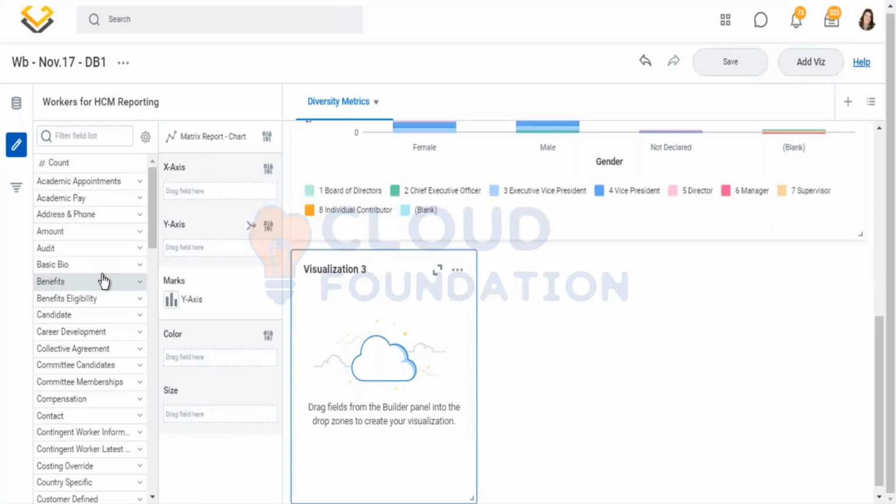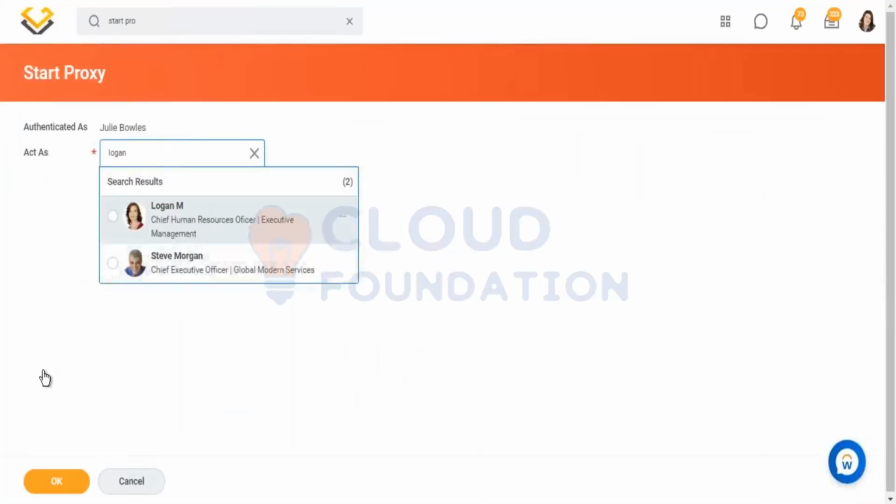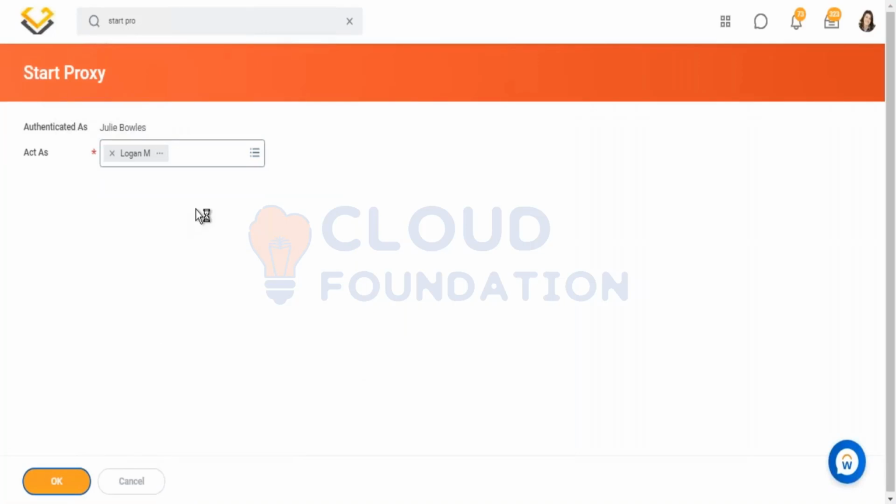So maybe I don't want to give access to some, let's say, salary data or so on and so forth, right? So I can create a curated field list. Okay, let's see if I have access to Logan McNeil. If I am not having that access, then we'll try in a different